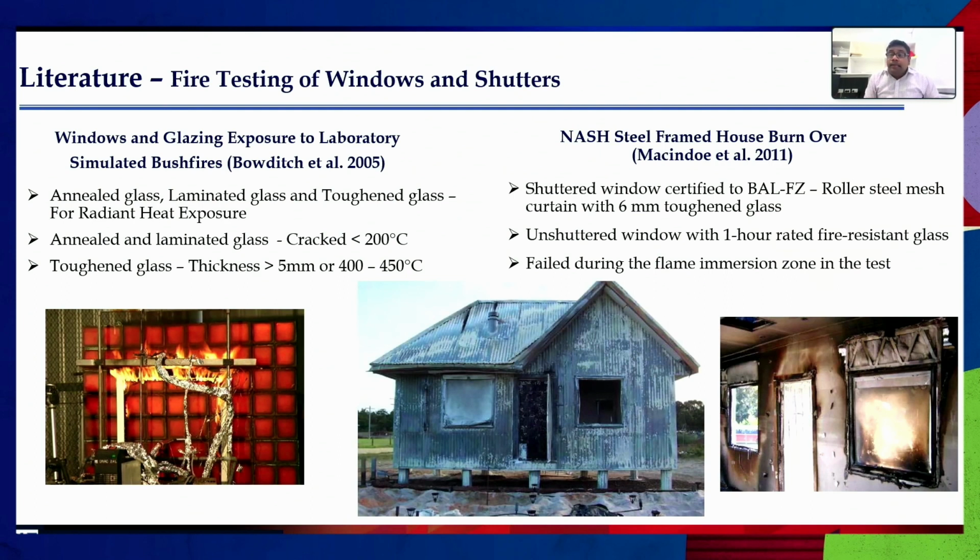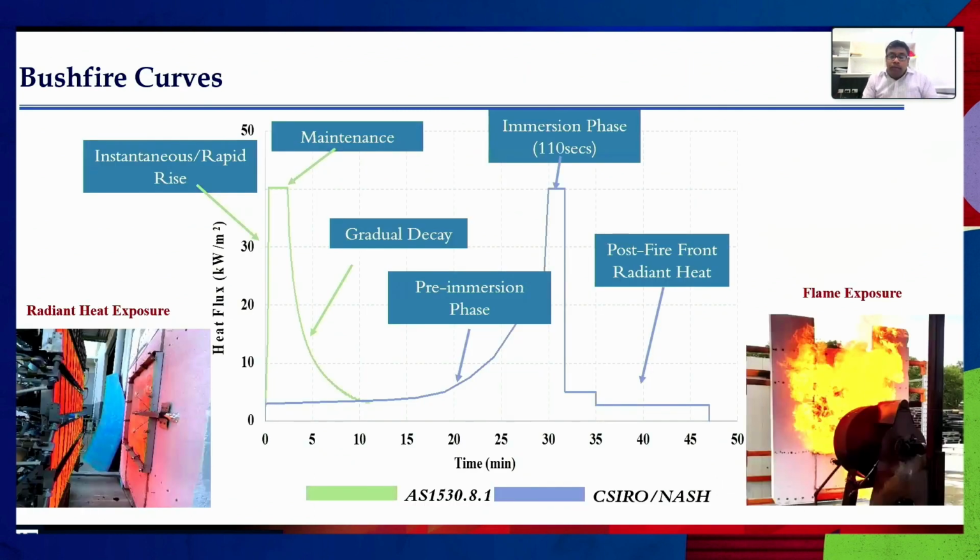And then the NASH and CSIRO conducted a house test with shuttered and unshuttered window for a 1 hour fire rated on the flame exposure side, and both of them failed. The shutter consisted of a roller steel mesh curtain with a 6 millimeter toughened glass. Right. So now what we are going to do is come up with our fire